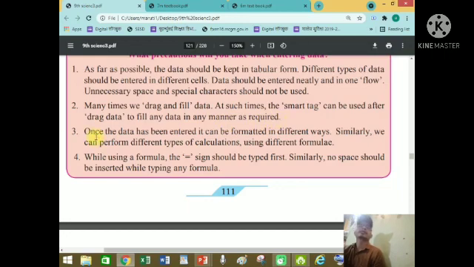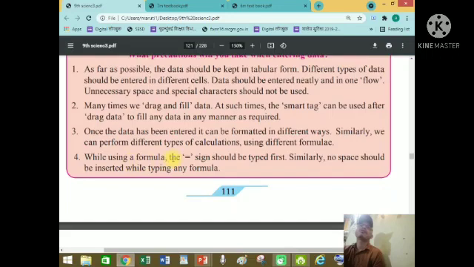Okay. Next, I'll describe in our Excel lecture in ICT videos. Once the data has been entered, it can be formatted in different ways. Similarly, we can perform different types of calculation using different formulas.